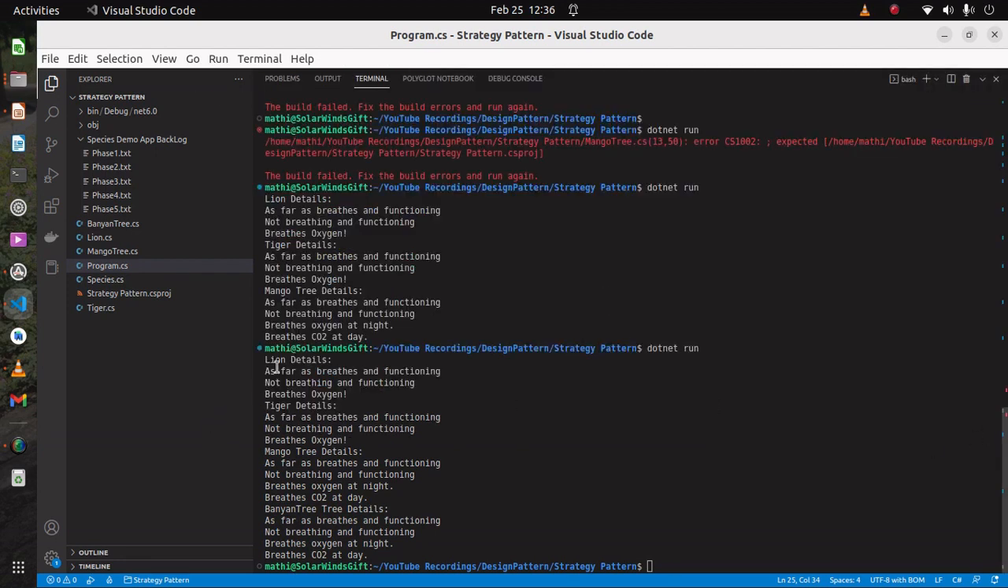So it is printing lion detail: alive, dead, breathe behavior; tiger: alive, dead, breathe; mango: alive, dead, breathe behavior; and then banyan tree: alive, dead, breathe behavior. Correct. Yeah, but functionally it is fine. Technically,